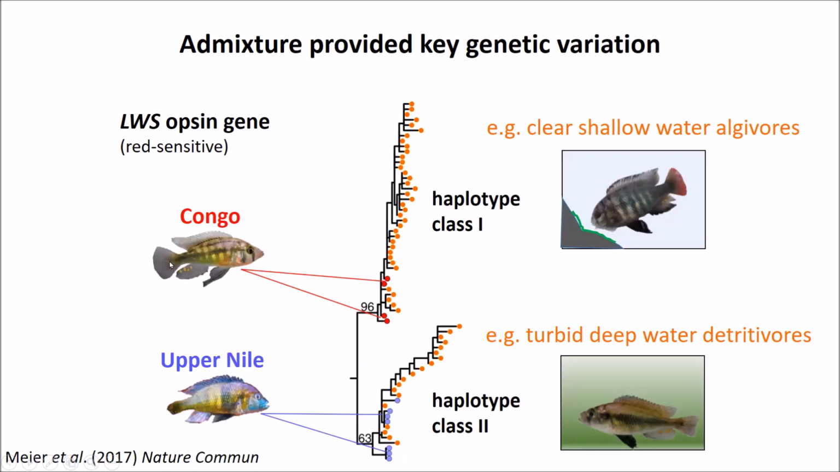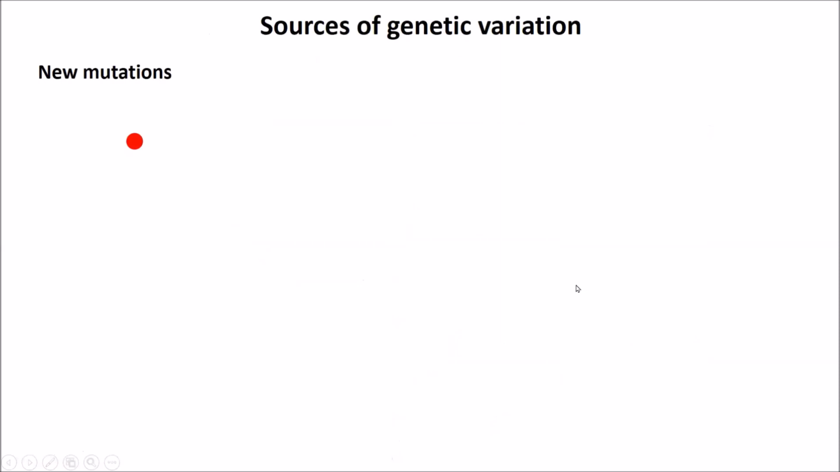And when we look at where the Congolese and Upper Nile lineage haplotypes go in this tree, it looks like haplotype class 1 is derived from the Congolese lineage, and haplotype class 2 is derived from the Upper Nile lineage. This suggests that the combination of these two lineages at this ecologically relevant gene facilitated speciation by providing the genetic variation that allows them to adapt to different water depths. And so this could really have facilitated and sped up